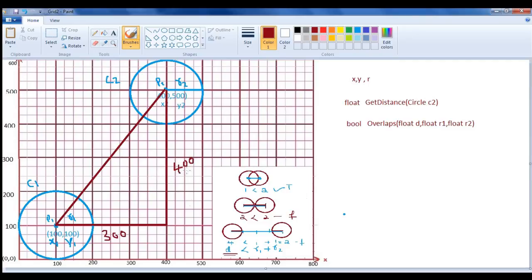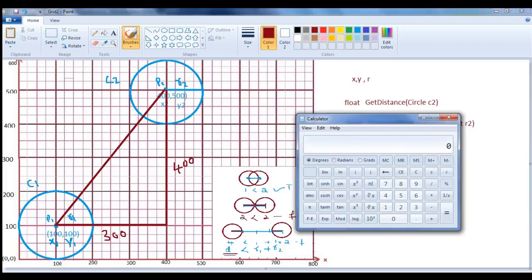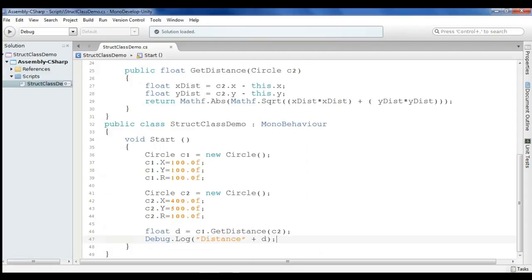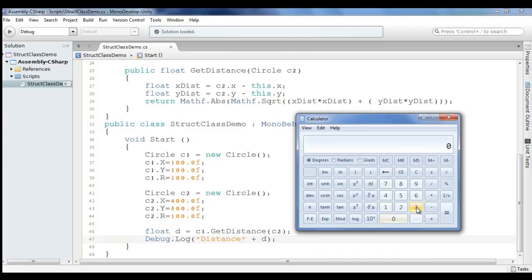Okay. Then we are using the Pythagoras theorem to find out the distance. So x square plus y square. What will be the x square plus y square? x square we are going to find out: 300 multiplied by 300 is equal to 90,000. 90,000 is x square, guys. Remember that.